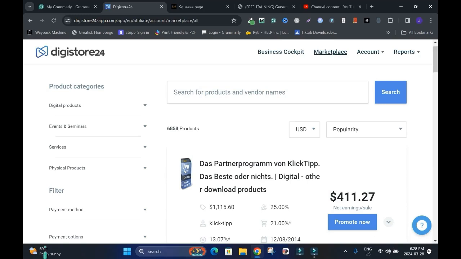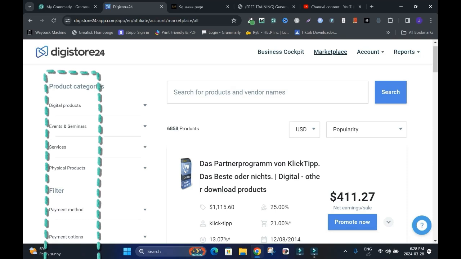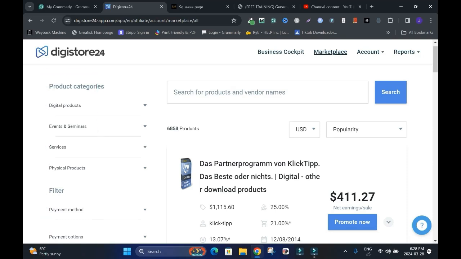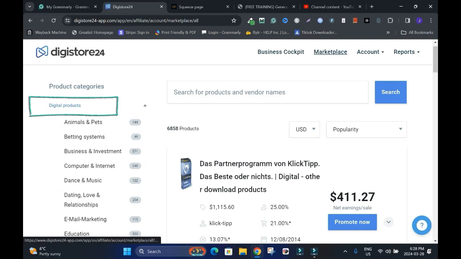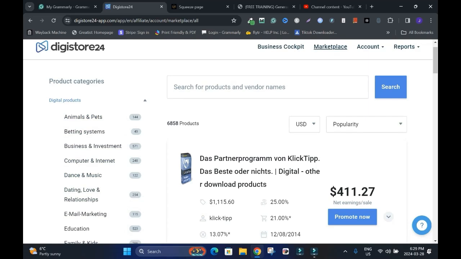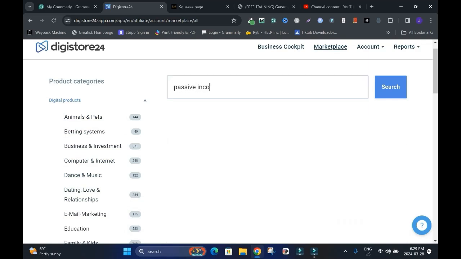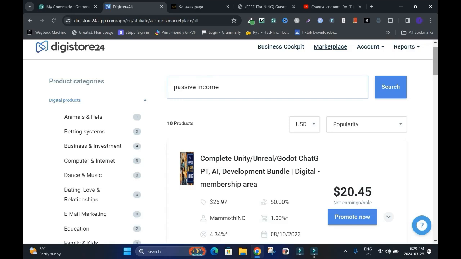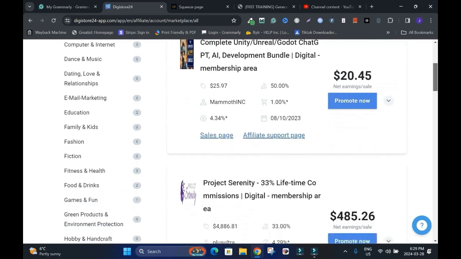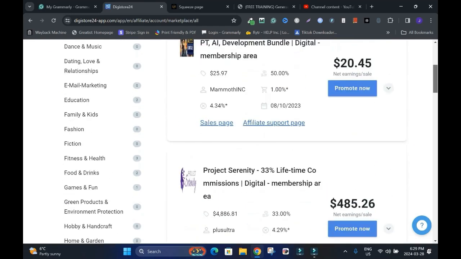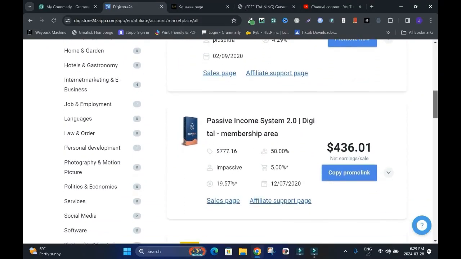When you log in, on your left side, digital products, event seminars, services, and the list goes on. If you want something from digital product, click here and go through animals and pets, betting systems, business and investment. I'll type in the product I'm looking for because I know it already. Passive income. It's gonna pop by itself without even you entering it. I'm gonna scroll down. There are a lot of stuff in here that you can make money out of, but